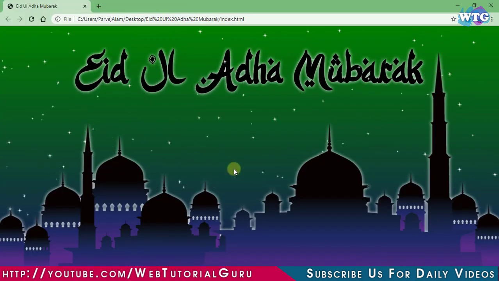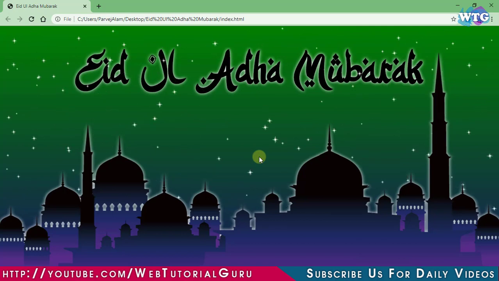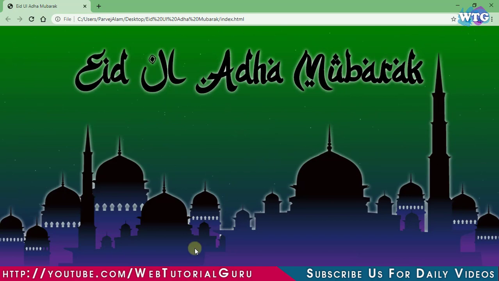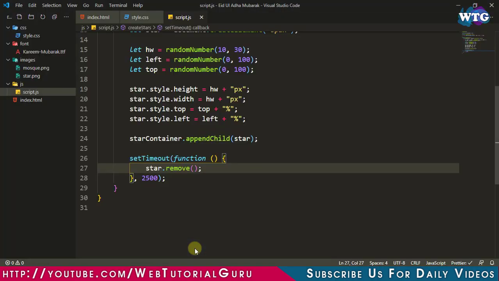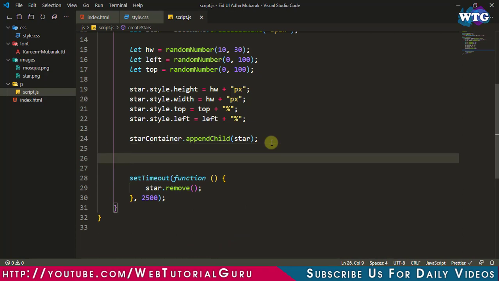Now the animation is looking good, but one thing you will notice is that all the stars are flashing at the same point of time, but they all should flash at different times so that it will give us some realistic effect. So for this let's come to our script.js file and create some more CSS properties for this star element.